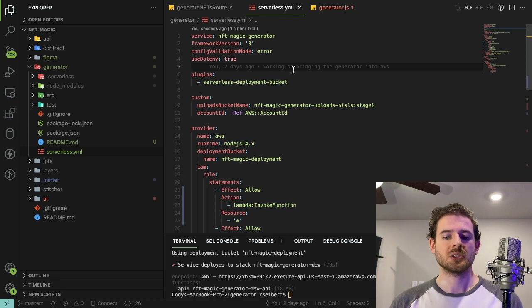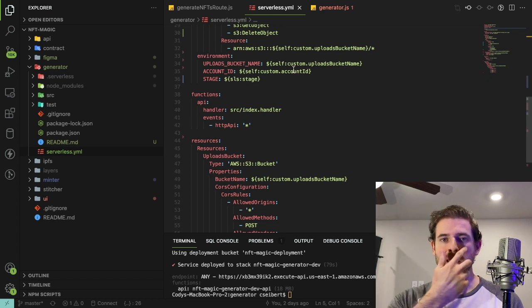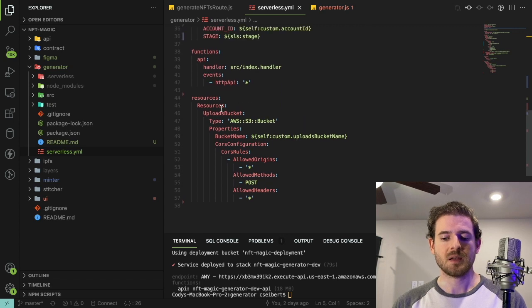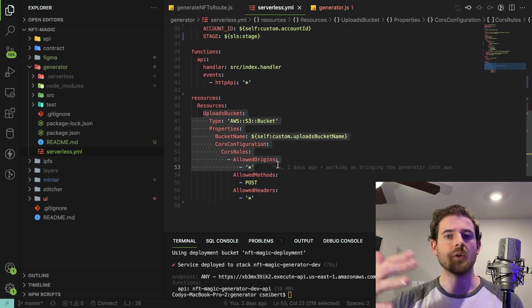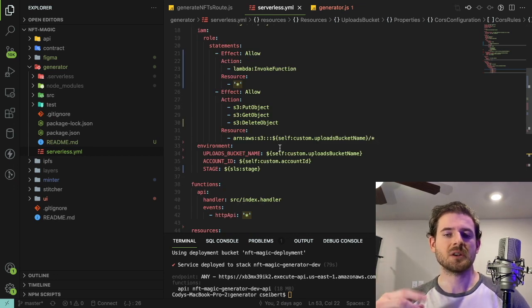So basically, this serverless YAML is going to deploy an API. The API is used for getting that pre-signed post URL for uploading the zip. And then it also has a bucket. This is where I'm uploading all the files that the users upload. And when I extract them and create the NFTs, I'm also uploading these little NFTs back to this bucket. I think I'm also uploading the chunks to this bucket too, okay? So really in Amazon, this generator doesn't have too many resources deployed, just mainly an API, a bucket, and then there is also this worker thing that I talked about in a previous video, which I believe is